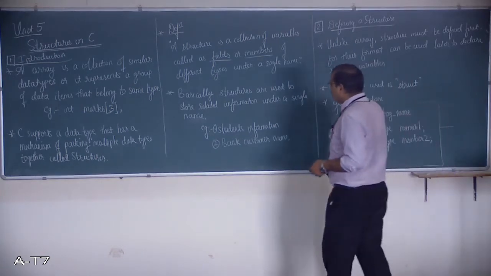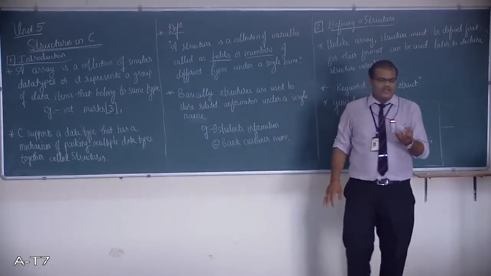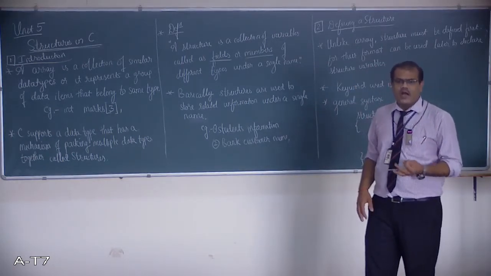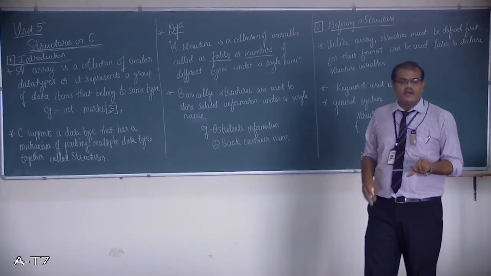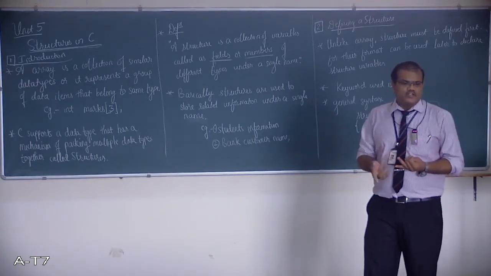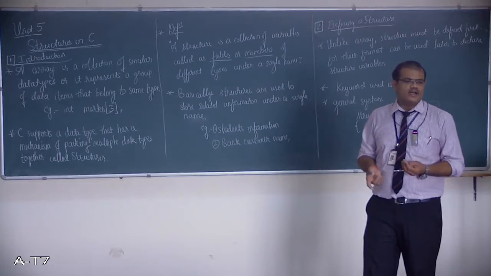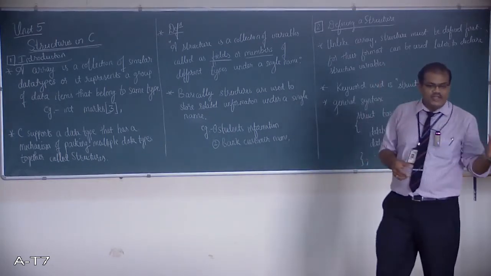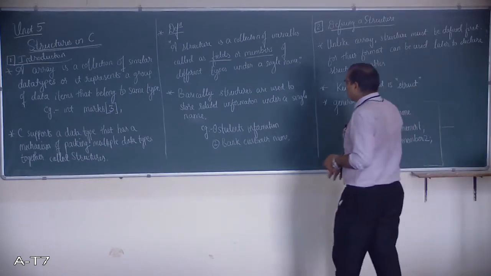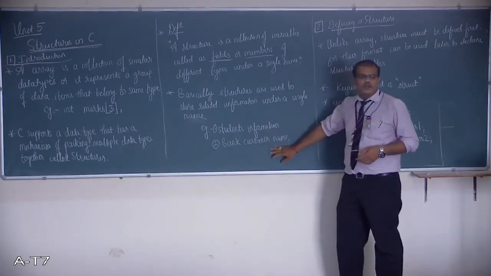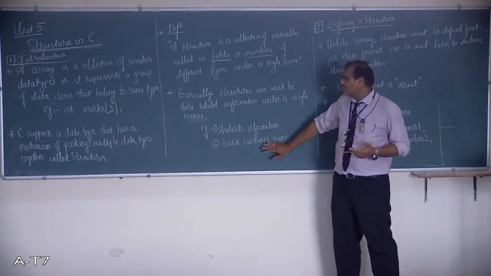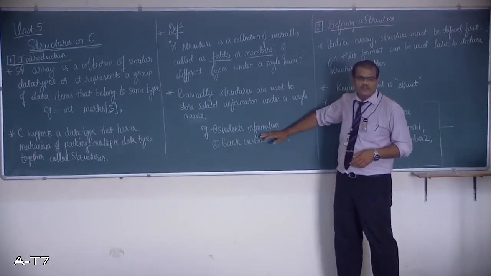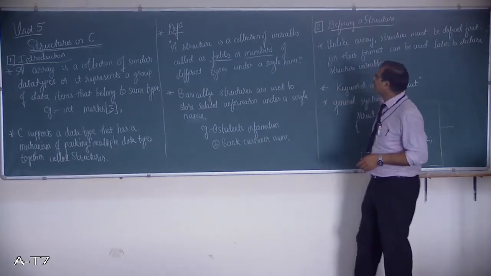Now, all these are different data types. Name is a string, mobile number is an integer number, and Aadhaar card is again multitextual, that is a character as well as a number, so it will be a string. Then we have address, which is again a string. All this information is going to be stored under a single name. So here we are going to use a method called structure to use this multiple information for a particular application.